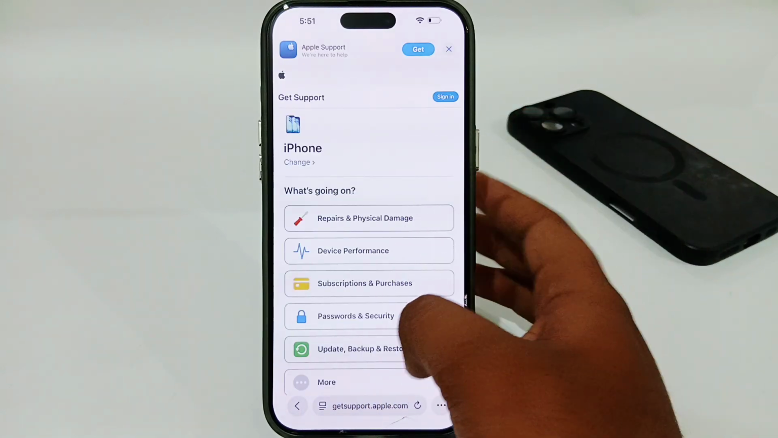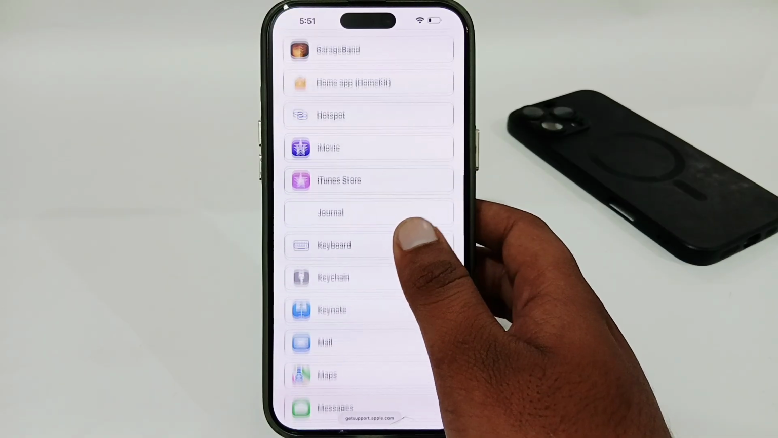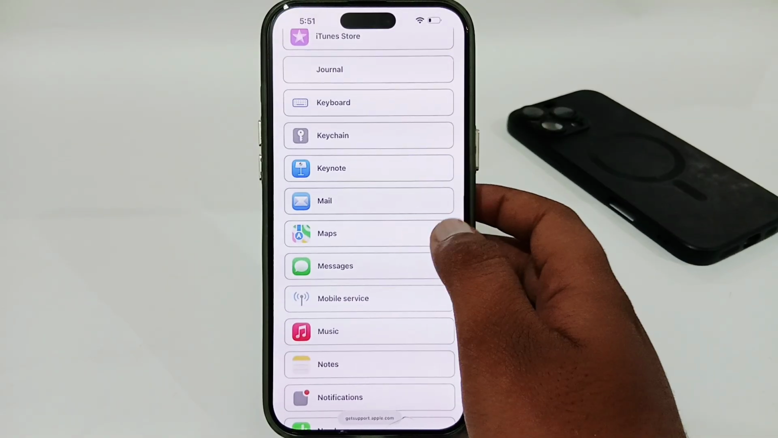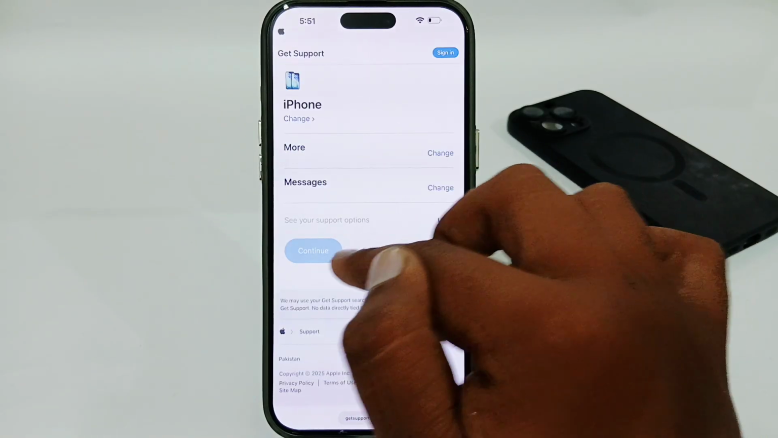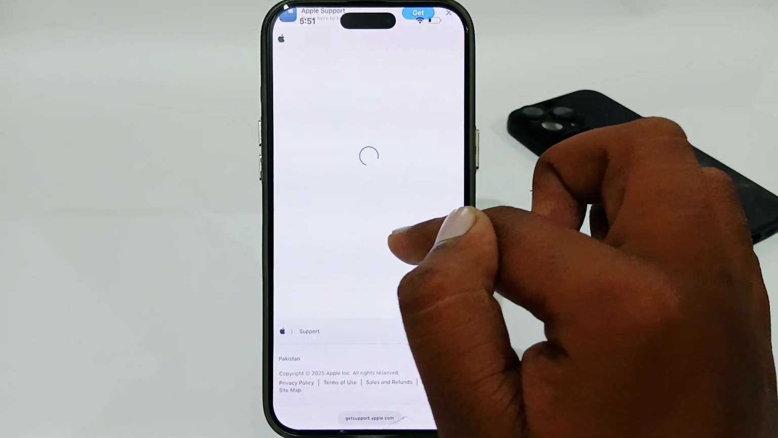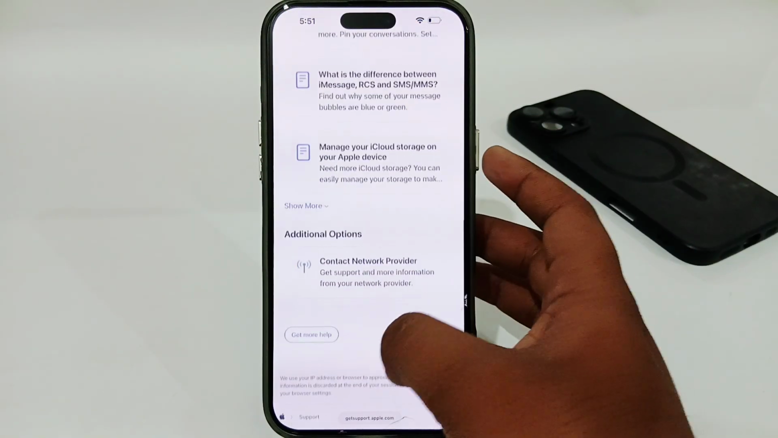And here you just have to go for the More option, and then go for Messages. From here look for iMessage, which you get here as Messages. Select that, then select Continue here, and here you just have to select Get More Help,